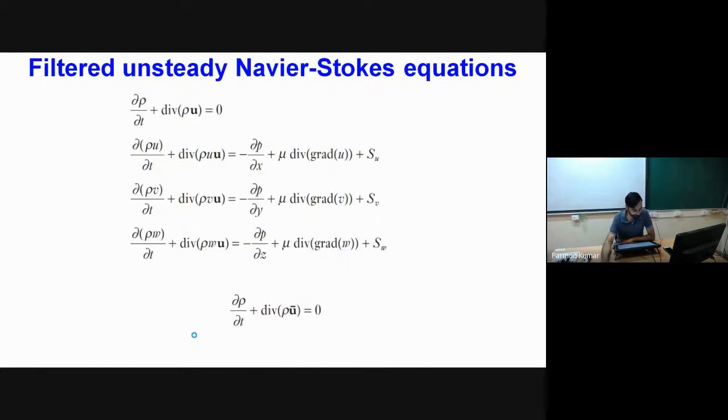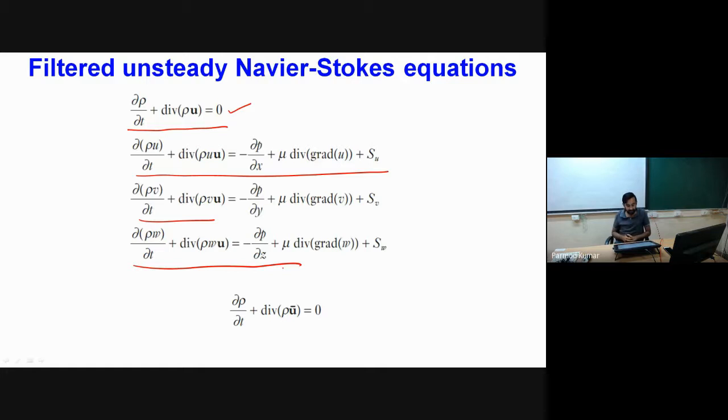Now let us see what happens to the equations once we apply these filtering functions on our Navier-Stokes equations. This is our continuity equation. This is the x momentum, this is the y momentum and this is the z momentum equation. In these momentum equations, at the moment we have only u, v, w, so we are considering the overall instantaneous variation of the parameter. It includes the effect of the mean flow as well as the turbulent fluctuations.